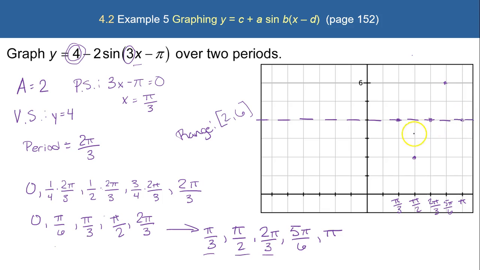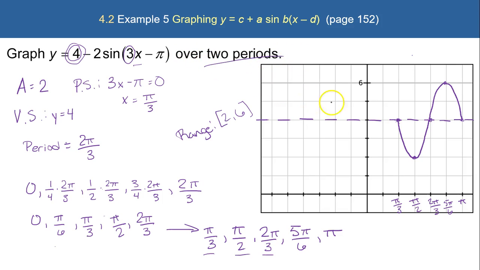Okay, and then through those 5 points, we need to draw a smooth curve of a sine function. And there you go. There is one full period, but on this thing, we're actually asked to graph 2 periods